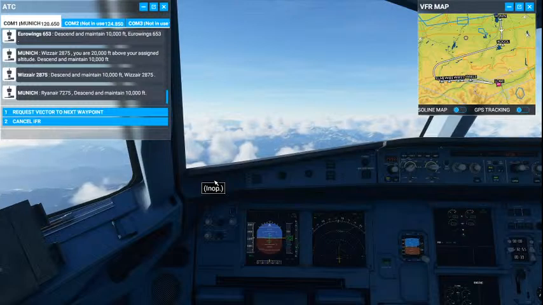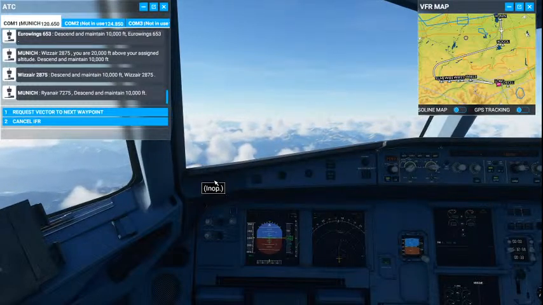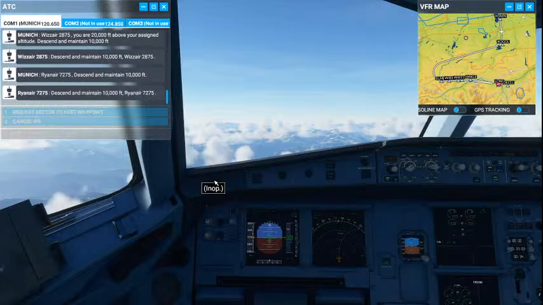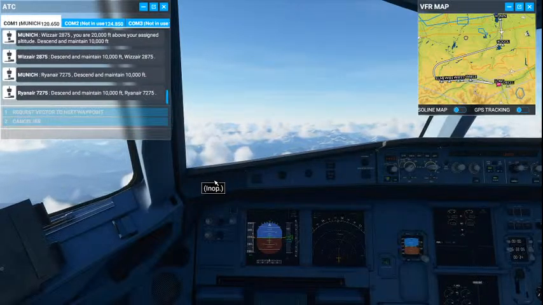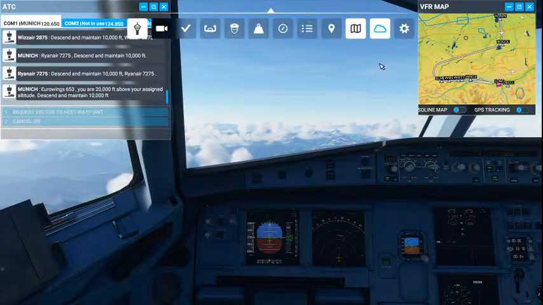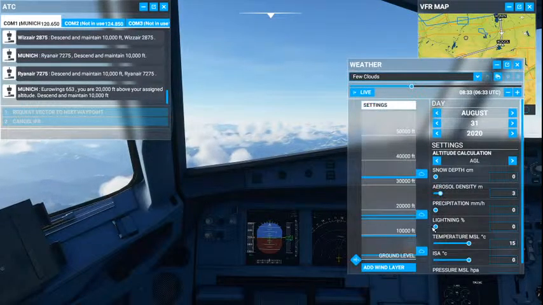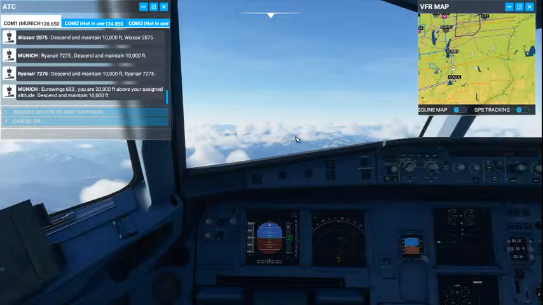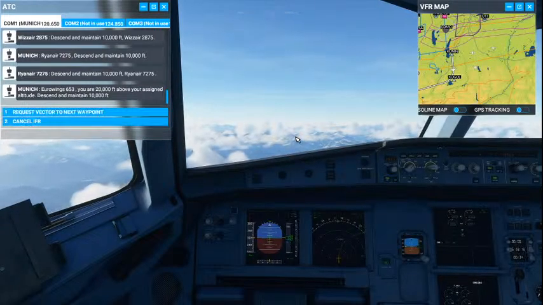So it actually is a very complex thing. The only thing is when you're traveling long distances, you might get a chance to sit back, relax a bit, but it depends on the weather and turbulence. So you can actually customize the weather here. I don't want to do that because I want to fly without any turbulence today. Last few days when I've been trying this approach,